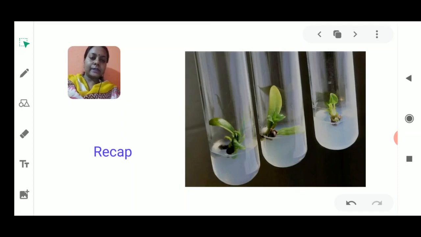In the last class I discussed in detail vegetative propagation, where we saw the different methods of vegetative propagation. It takes place naturally as well as artificially. Vegetative propagation happens because of the presence of the vegetative parts in plants. The vegetative parts consist of leaf, stem and roots, from where a new plant arises. If it is happening in nature, it is natural vegetative propagation.